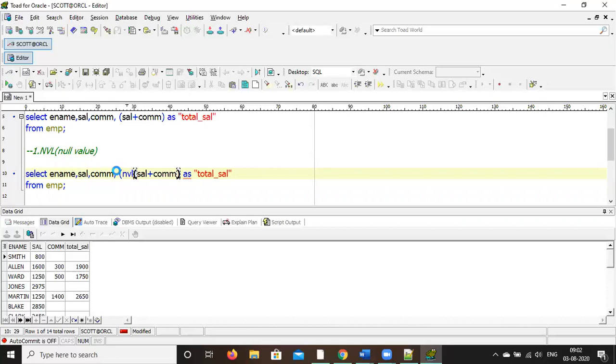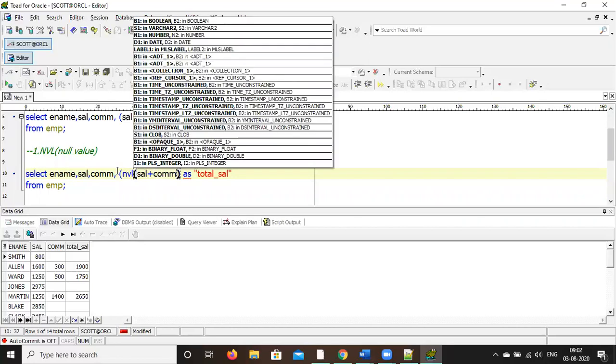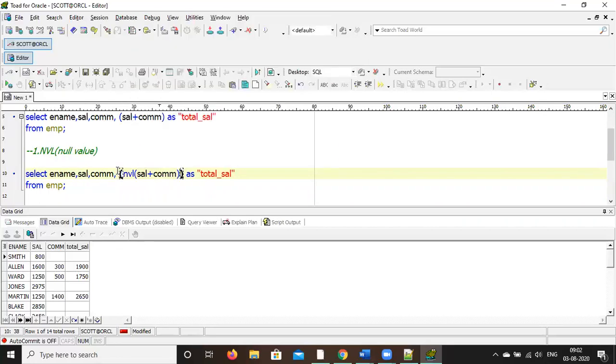Then salary comma 0. Comma 0 bracket close. Don't give that comma. After that, give plus sign. Same thing you write again. For commission also you write NVL commission comma 0.